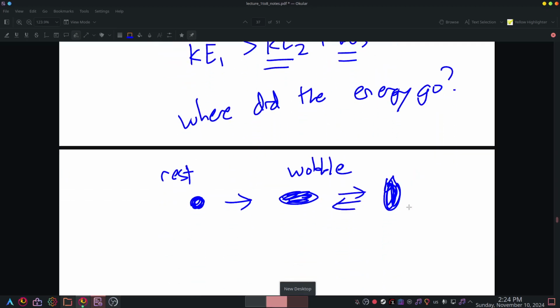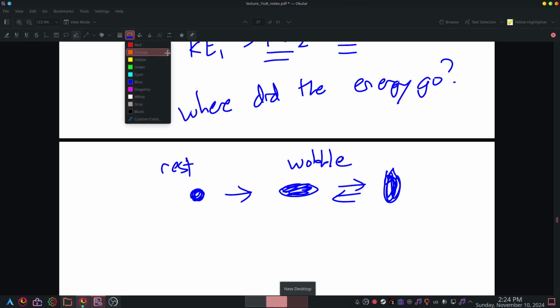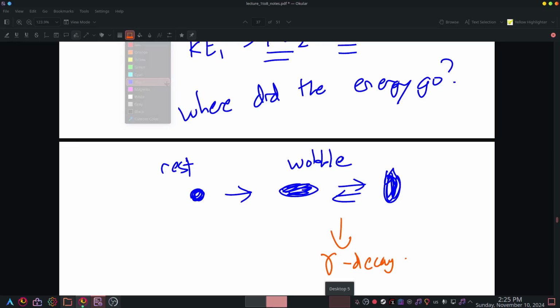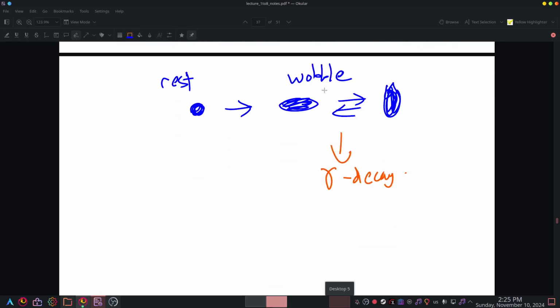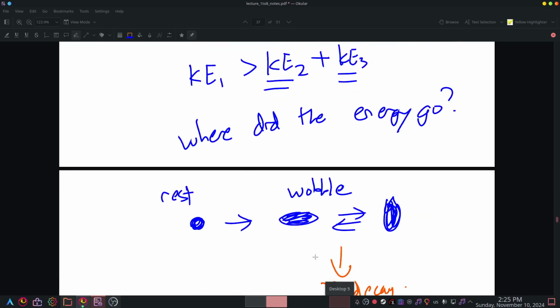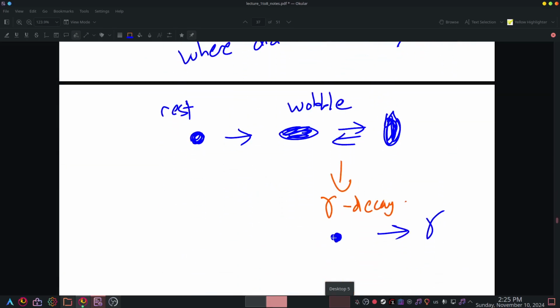So if this wobbling motion is there, what happens? The most common thing is for it to undergo gamma decay. It releases the photon and de-excites itself. That means it gets rid of the excess energy and comes back. So it will release this gamma photon. This is the process of inelastic collision, where the nucleus is excited and starts wobbling, and then after that, it will release some gamma energy. So that's another way you can have